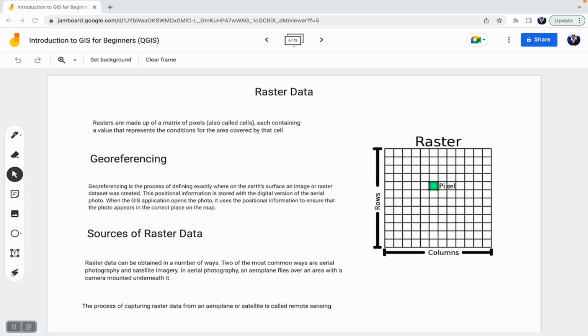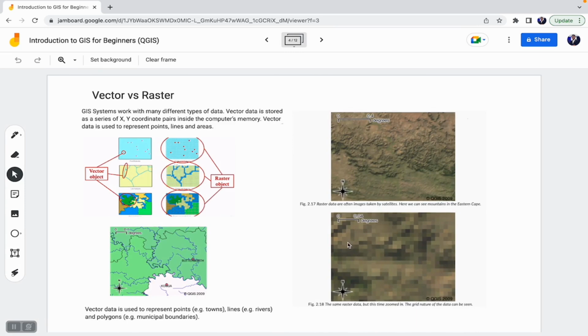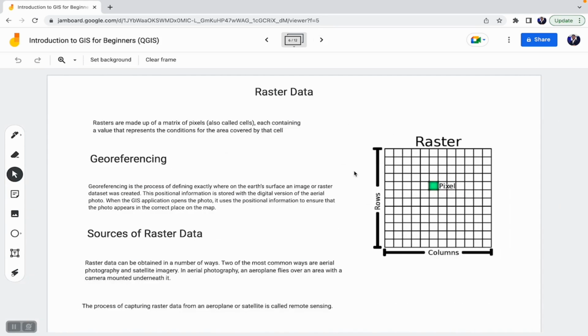We established that the raster data structure is made up of pixels, just like in the image here on the right of my screen. So every raster image is made up of tiny, square-like pixels that make up an image. If you see here in our last video, we talked about these tiny boxes. When you zoom in really much, you begin to see boxes, and those are pixel elements of a typical raster